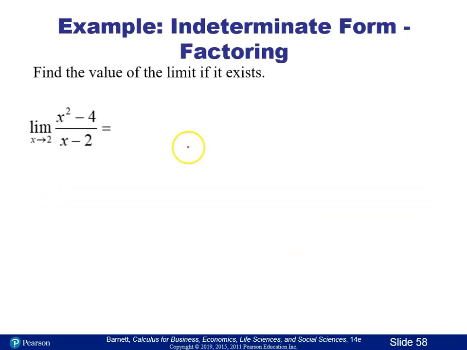Okay, so let's say we have something like this. The first tendency would be to just do direct substitution. So if I do direct substitution, I'm going to have 2 squared minus 4 over 2 minus 2. So I'm going to have 0 over 0. Well, I can't divide 0 by 0, so I've got a problem there, okay? So when we have this indeterminate form,